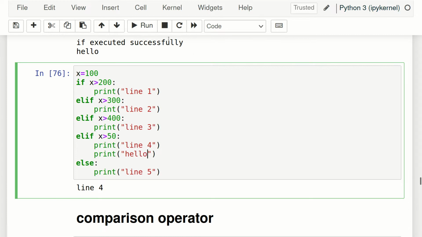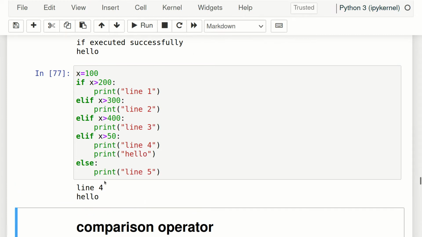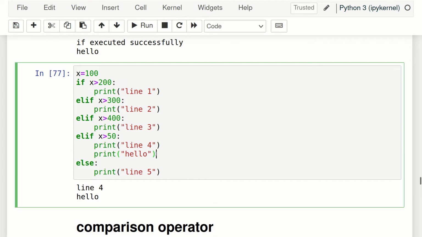And if we have, suppose, more lines, then all the lines inside this block will be executed. Now hit enter. Now see, hello also printed. So once we enter this block, whatever statements are here, all will be executed line by line, because this is a total block. Now once this is true, we do not have to move further, we will directly come out of else if totally, we will not go here.